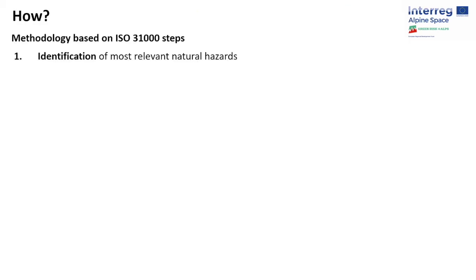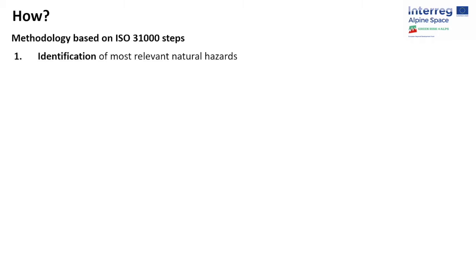The Rapid Risk Appraisal methodology is based on the ISO 31000 risk management norm, which includes 3 steps. The first step is the identification step, which involves the selection of the most relevant natural hazards from a risk perspective. So those hazards which have the potential to cause the most damage and loss in the study area. The selection of 2 natural hazards is based on a common discussion among all the participants using the available maps